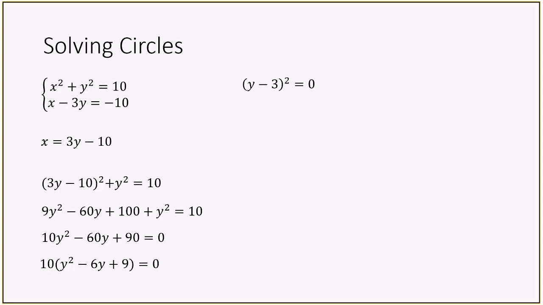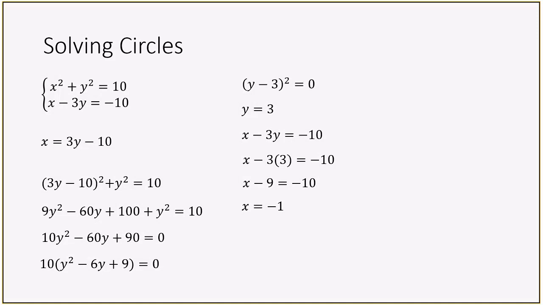So I'm going to factor into (y minus 3) times (y minus 3), which is just (y minus 3) squared, which means y minus 3 is equal to 0. Add 3 to both sides, and I get y is equal to 3. Now I take that and plug it into the second equation, which looks a lot easier. I'm going to plug in 3 for my y. I would add 9 to both sides and get x is equal to negative 1. Oh, I ended a little bit early. If I were to write this as a point, which I should have, I would write it as